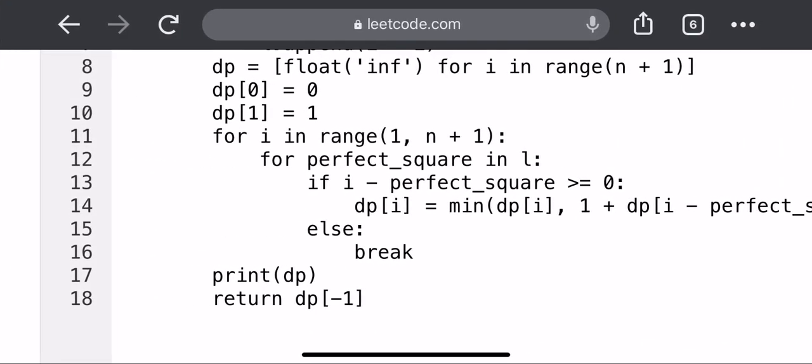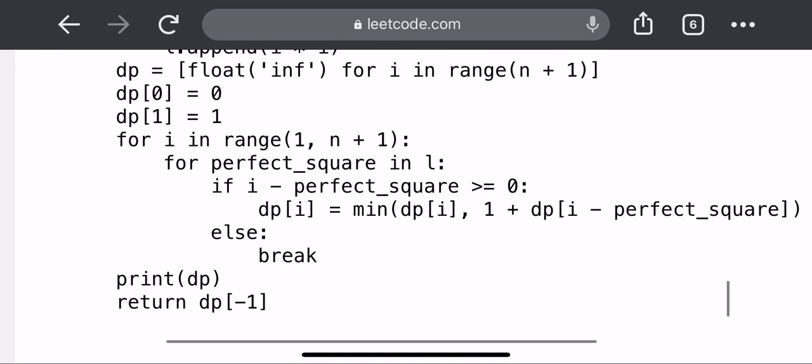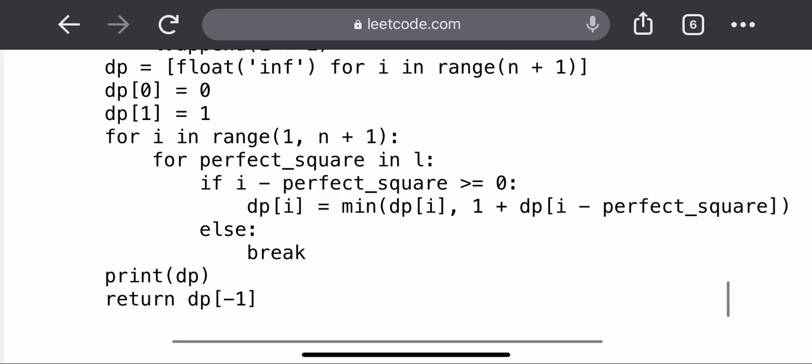So that is what I am doing here. I am taking the perfect squares, and then I am checking if i minus perfect square, which means the perfect square should be at most i. If it is falling in that case, we just do this. We are taking the minimum of the value which is already present in that place in the array, and we are going to add 1 to the node which led to this current node. And if the perfect square is greater than i, it cannot be split like that. We cannot split 10 as 11 plus something, which means we are going to break in that case.